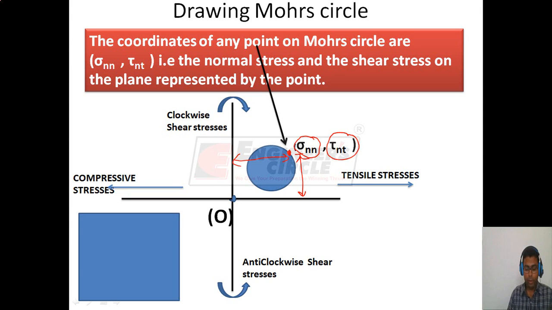That is, if this is the plane CB, which is the nth plane, then the x-coordinate will give you the normal stress sigma nn on this plane, and the y-coordinate will give you the shear stress tau nt on plane